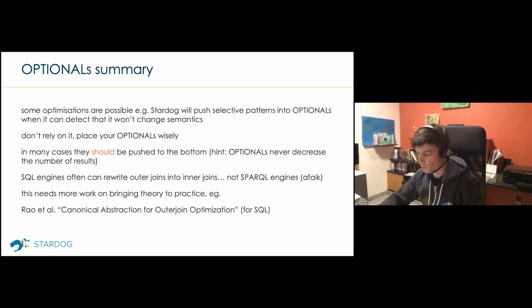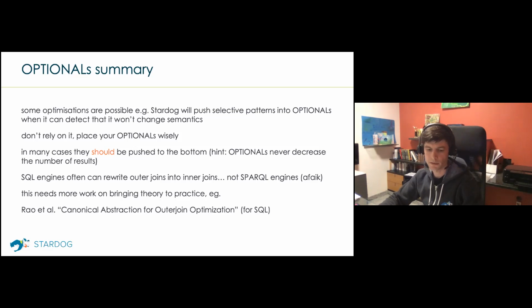So this is one area where SQL optimizers have a lot of advantage compared to SPARQL optimizers. One of the well-studied optimizations in the SQL world is rewriting outer joins into inner joins. For example, if the optimizer knows that there are foreign key constraints, so that there must be rows in the linked table, it can rewrite an outer join into an inner join, and the results will be preserved. SPARQL engines, again, I could be wrong, but as far as I know, none of them does stuff like that